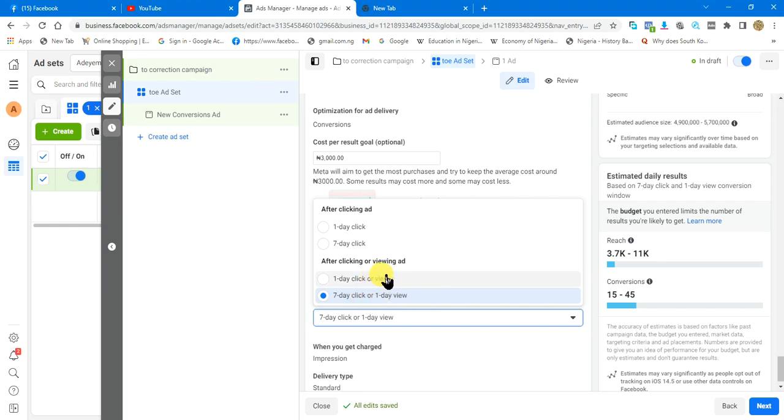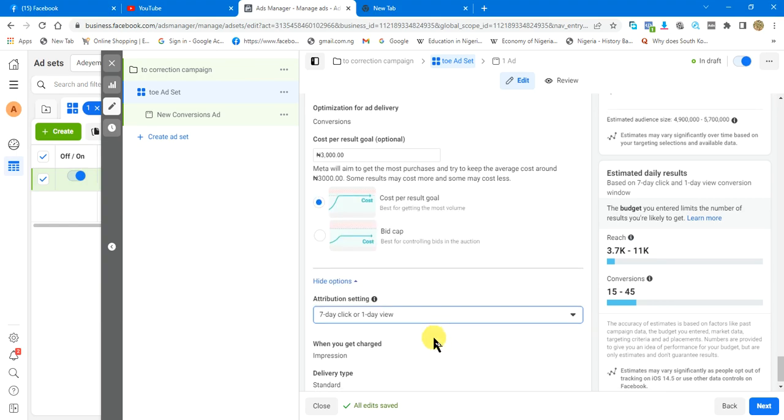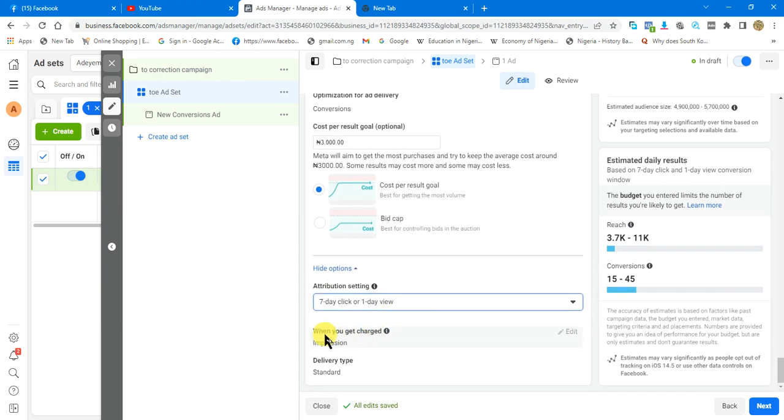Like I said, we're talking about testing a strategy. You can create different campaigns or multiple campaigns and use different attribution settings to see which ad is working fine. They charge you per impression, like I said. So our delivery